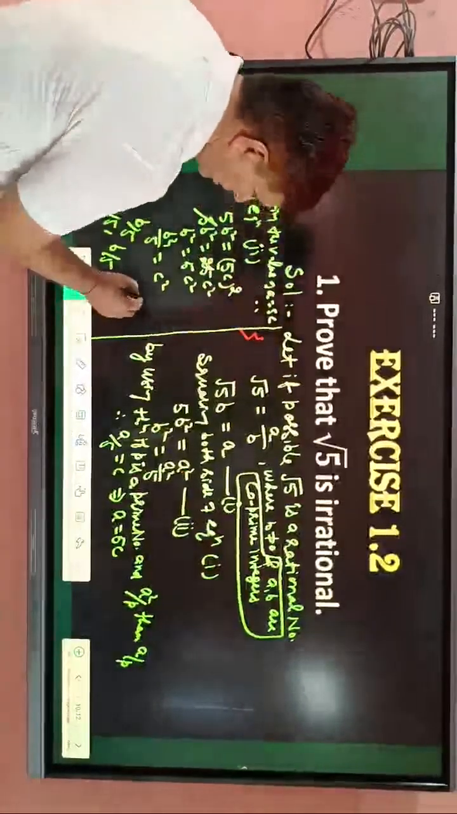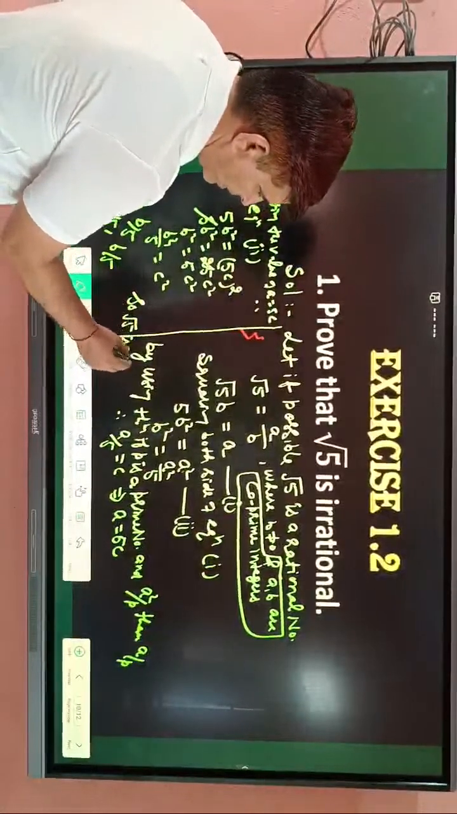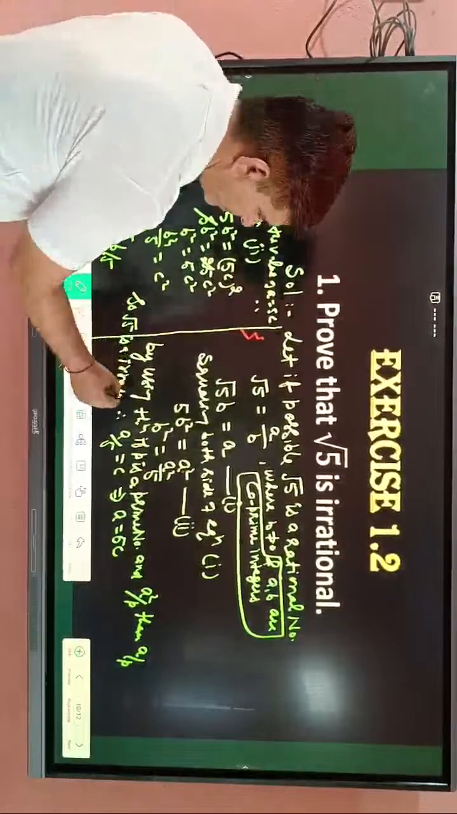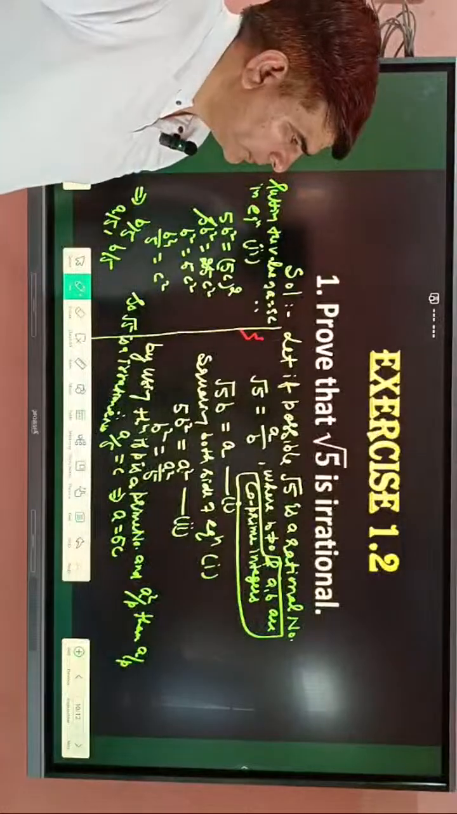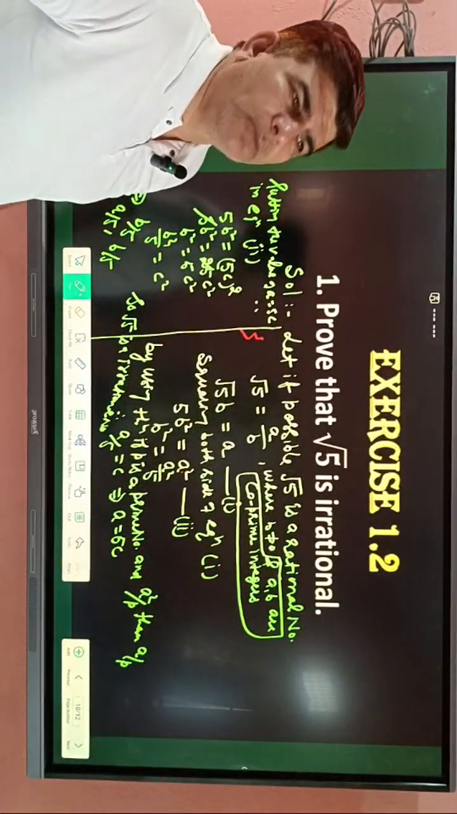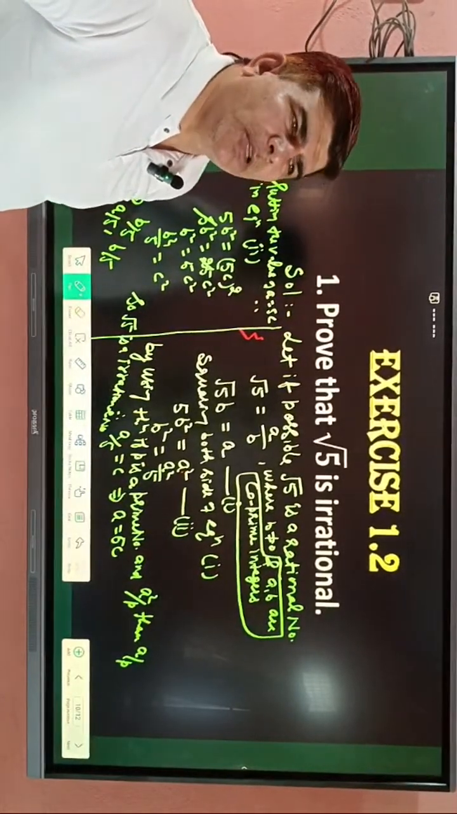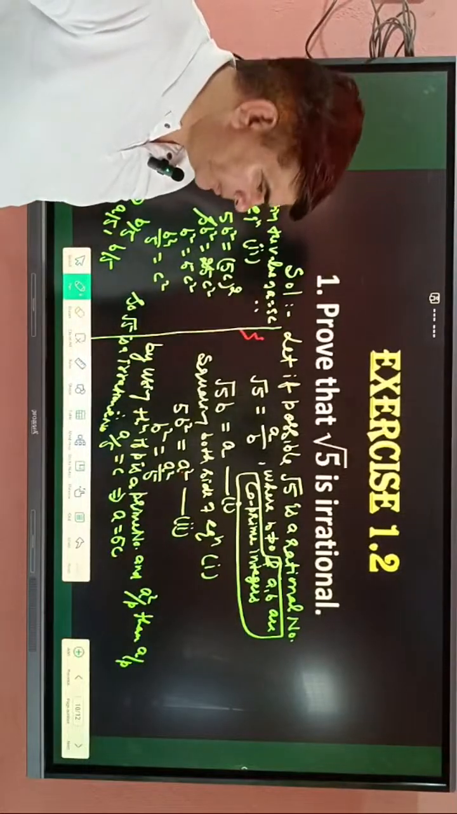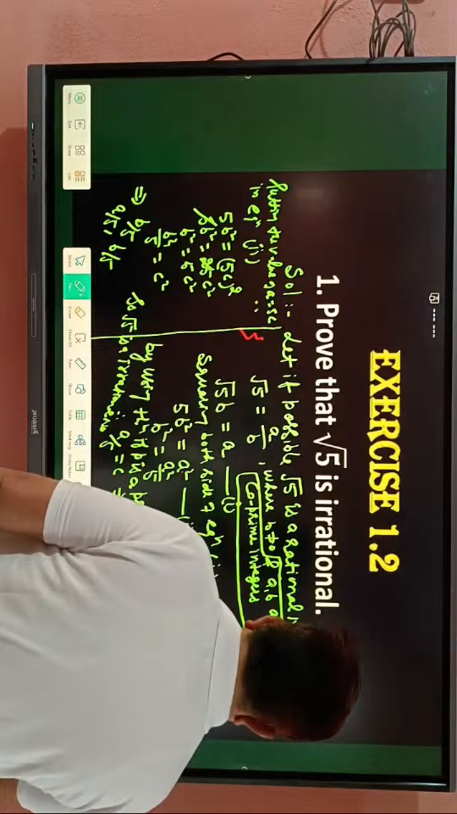So what can we say? Root 5 is an irrational number. Understood? Simple proof. It will definitely come in your exam. It may be 2 marks, 3 marks, 4 marks, whatever it may be, but it definitely comes. Yes or no? Understood? Now next,